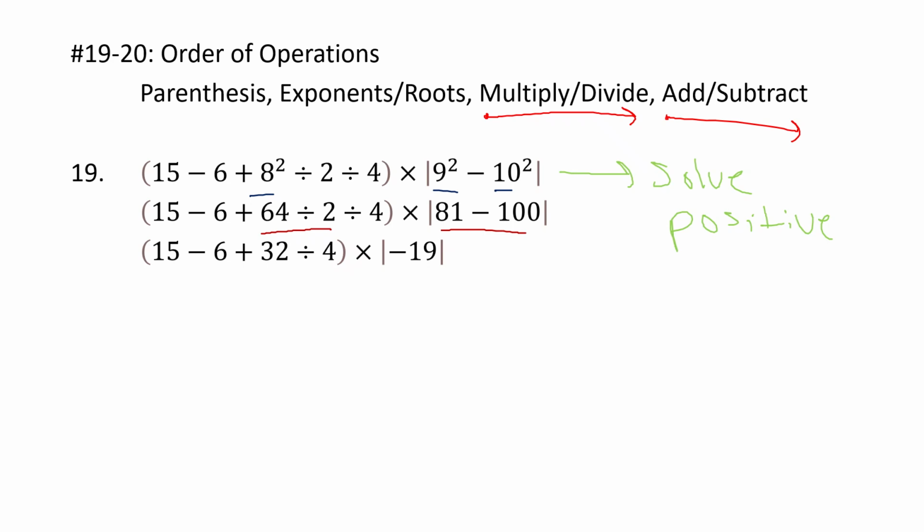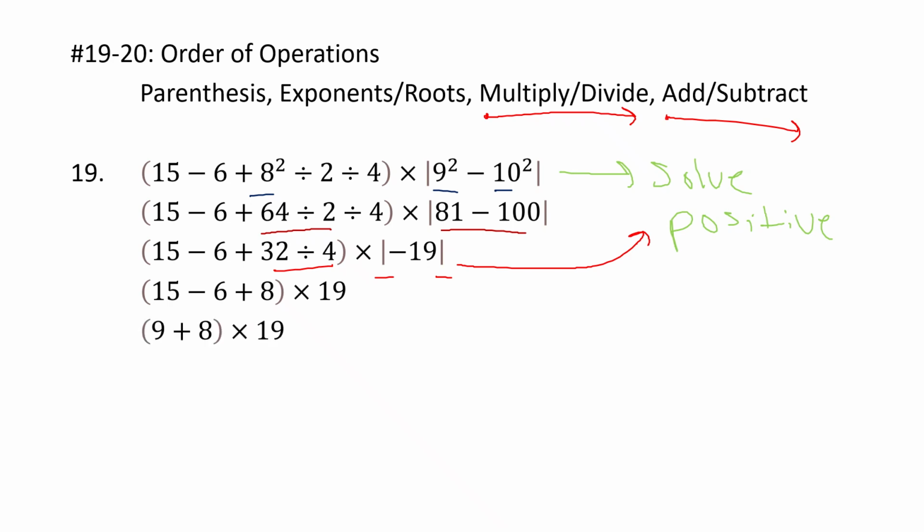So in order of operations, when you have an absolute value, it's just how far it is from the origin. Instead of stopping and processing all of that, just know that you solve it and then it becomes the positive version of that answer. So I'm going to solve my absolute value there, and I'm going to go ahead and do 32 divided by 4, which is 8. My absolute value of negative 19 is just 19. I'm going to continue solving in my parentheses, so 15 minus 6, then 9 plus 8, then 17 times 19, and I get